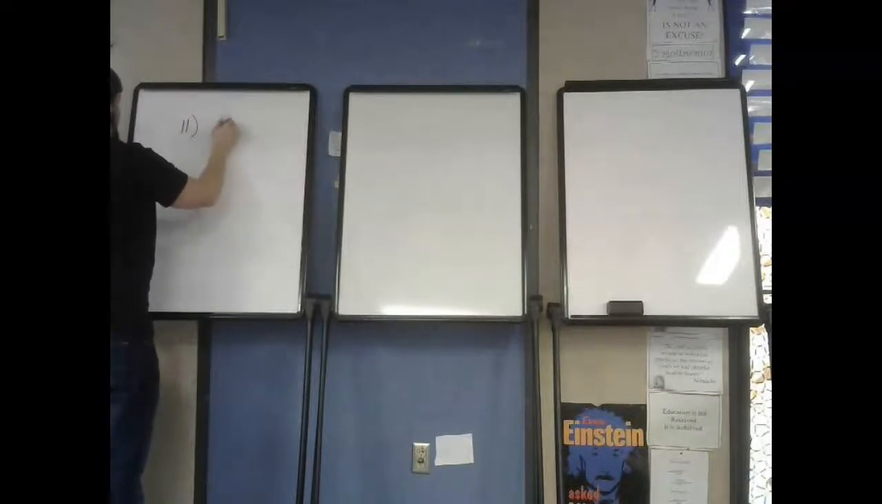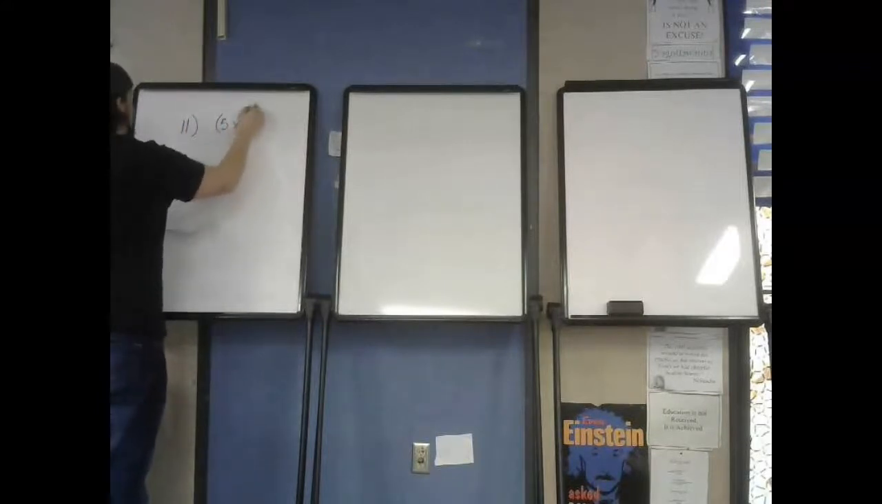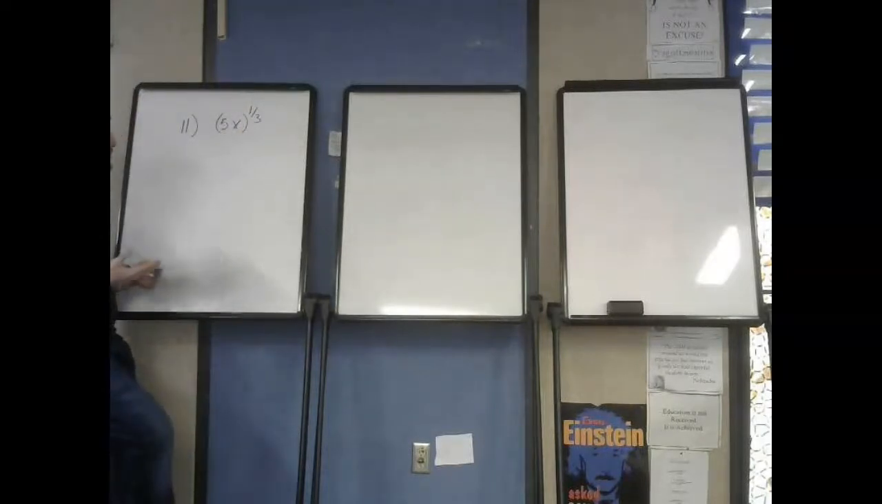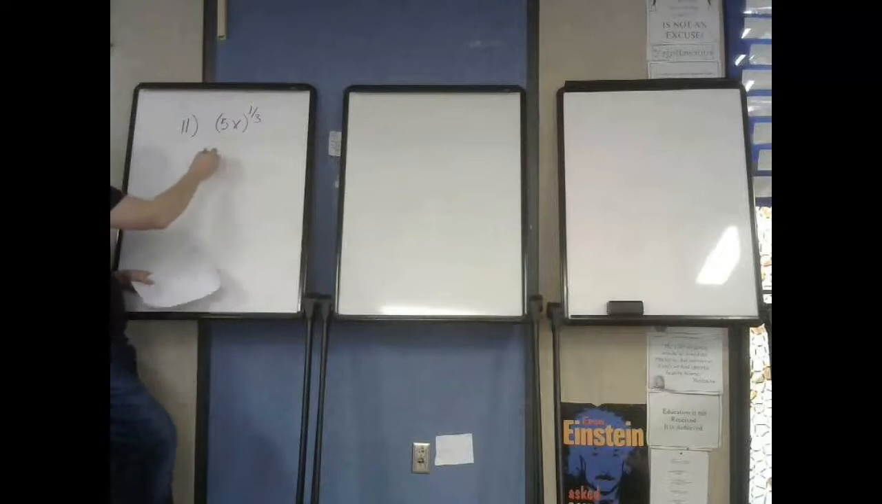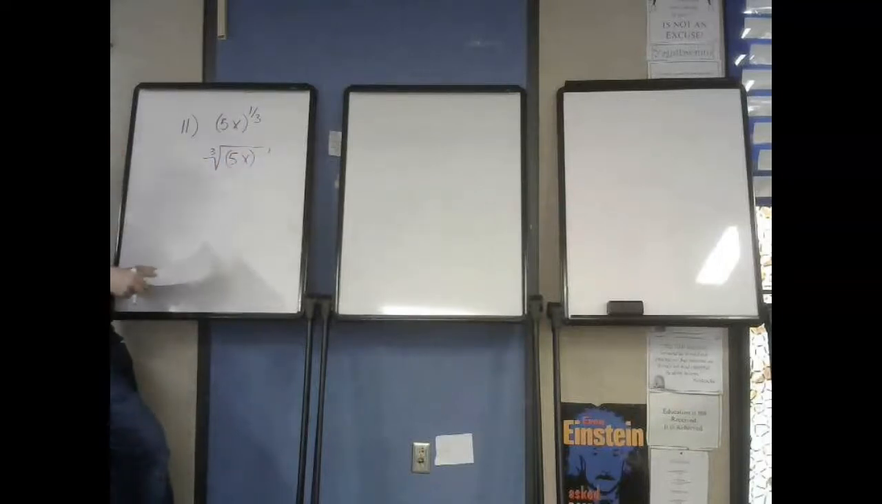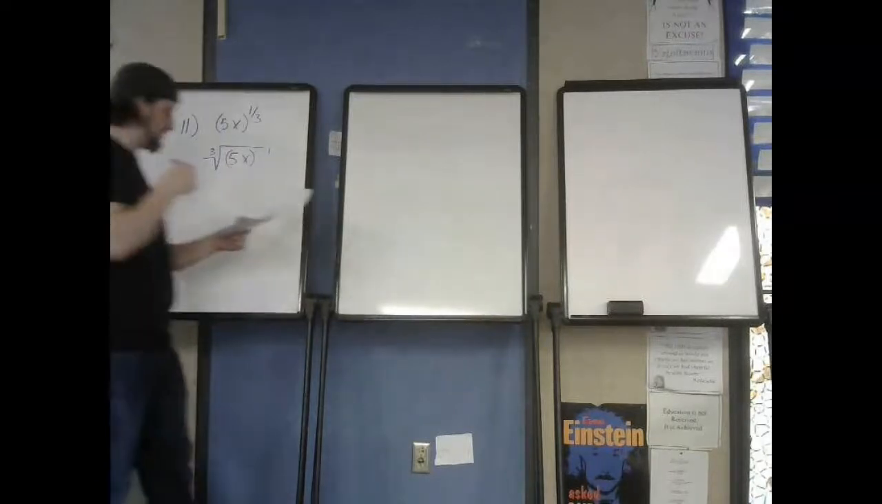The problem is 5x to the 1/3 power, and they just want us to rewrite it in radical form. When you rewrite these things in radical form, the bottom number goes here, the top number goes here, and the inside goes here. It's pretty straightforward. That's it. Pretty easy, right? Don't miss that one. Another thing that's going to be on there for number 13